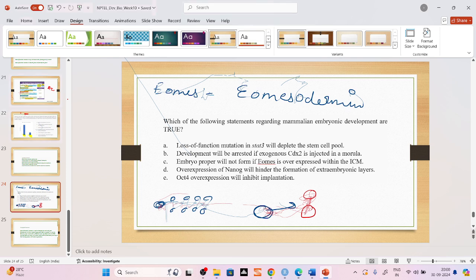Okay, so I don't know whether we have that or not, but there is a topic which is induced pluripotent stem cells. In that topic, these genes play a very important role: OCT4, SOX2, NANOG, and KLF5. These are the genes which are important for inducing the pluripotency in any cell, and it was developed by a scientist named Yamanaka, I think, who discovered this, invented these iPSCs,